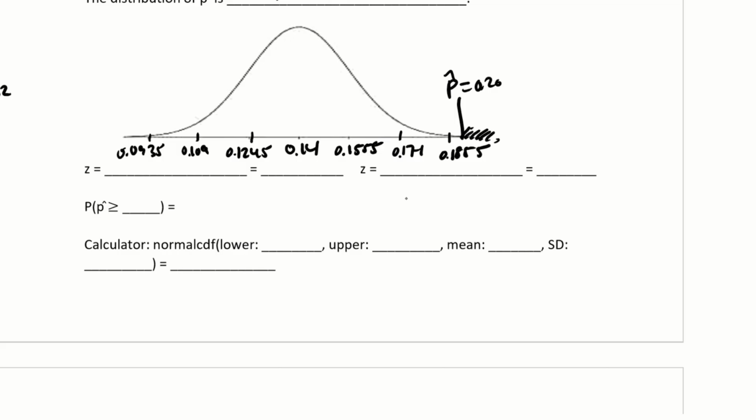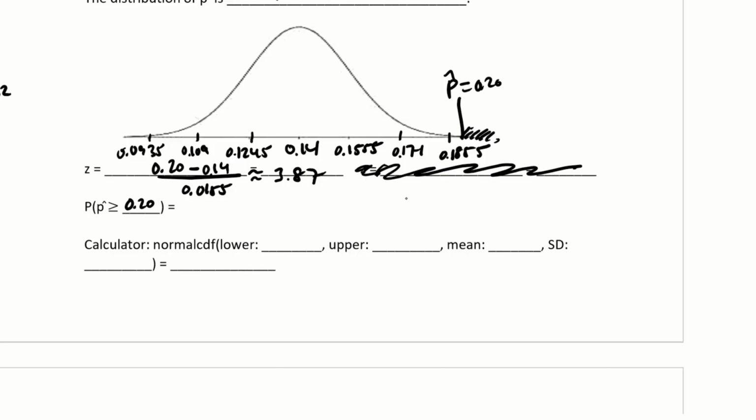All right, remember, if I want to do area on the right, I need to take the area on the left, subtract it from 1. Okay, so we're going to calculate the z-score. Remember, it is p hat, which is 0.20, minus the p, which is 0.14, divided by the standard deviation, which is 0.0155. So if I calculate that, I get about 3.87. Okay, we don't need this part. We don't need to do 2 z-scores. We only need to do 1 z-score. So, typo. All right, so the probability that p hat is greater than or equal to 0.20 is equal to